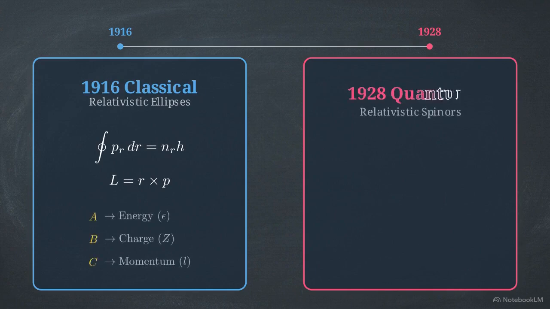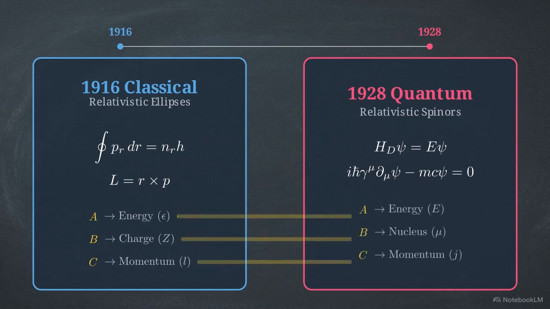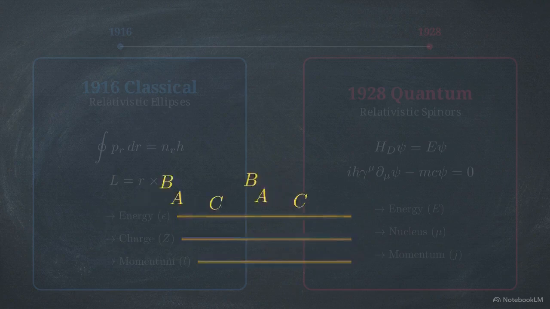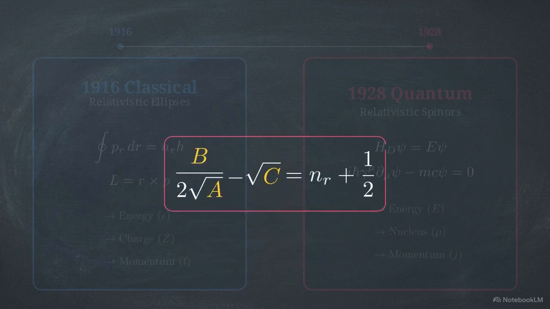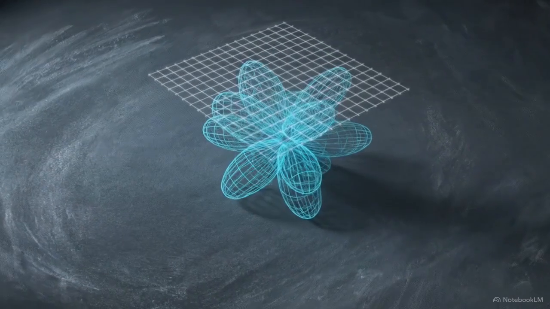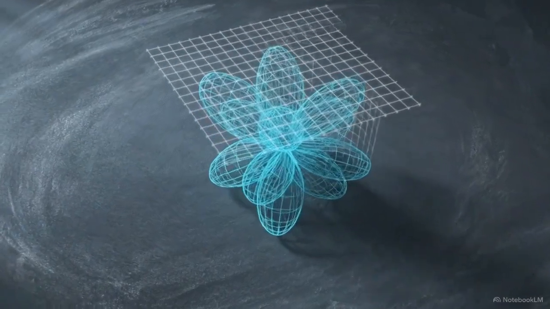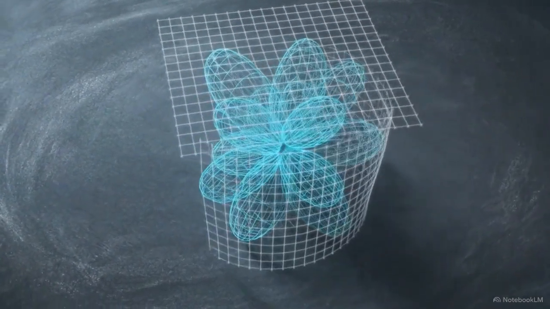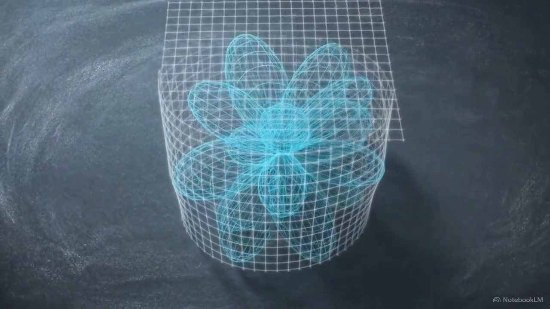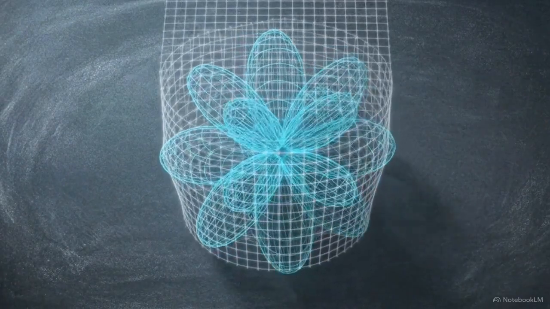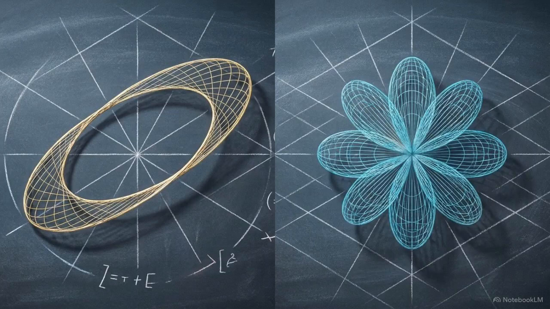On the left is Sommerfeld's 1916 fine structure equation from classical integrals. On the right, Dirac's 1928 solution. Despite the 12-year gap, the formulas are structurally identical. We can explain this convergence by applying a semiclassical approximation to the Dirac equation, a process that reveals exactly where the two models overlap. This comparison shows how pre-spin classical mechanics was already probing the underlying structure of relativistic spinor